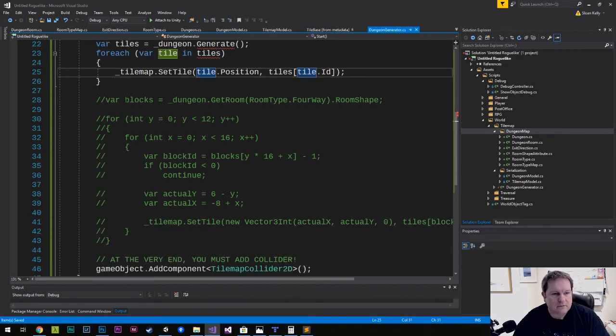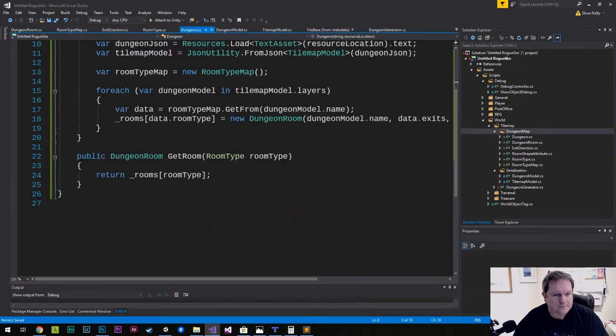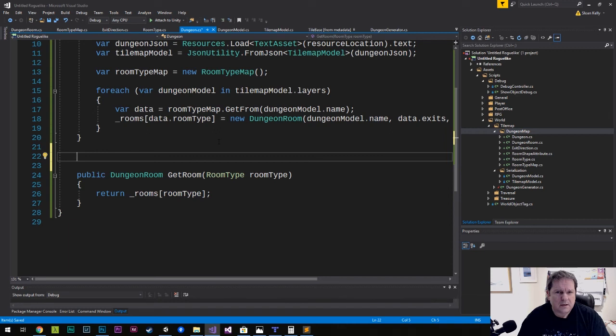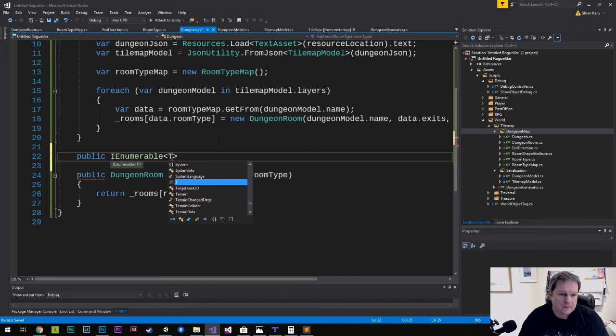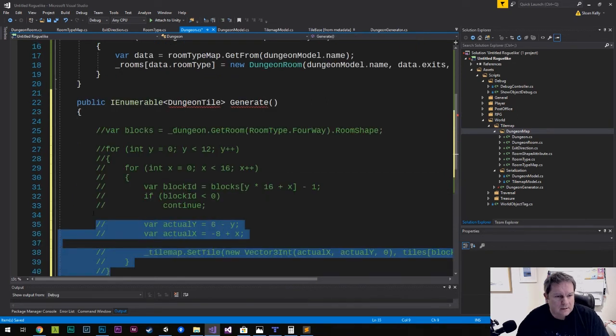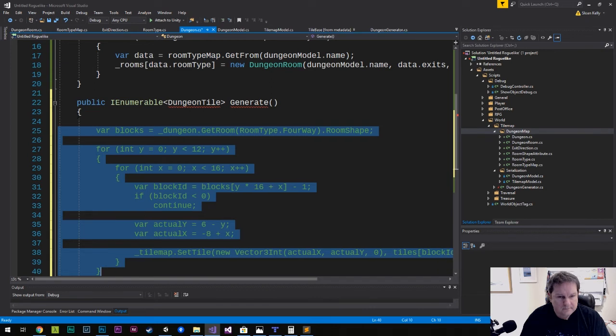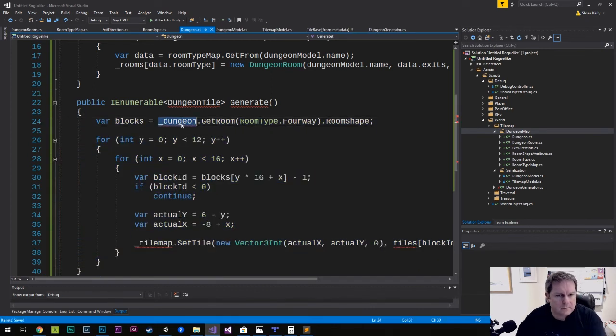So let's make this generate here. So let's take this out. And we're just going to put this in as a placeholder for this video, and then we'll fill it in obviously with actual data in the next one. So we got public, and this is going to be IEnumerable, tile with, what is this going to be, dungeon tile, let's call it dungeon tile, generate, and so we'll do that, get room,